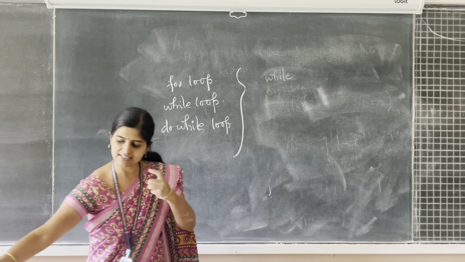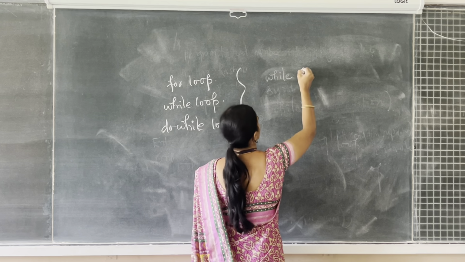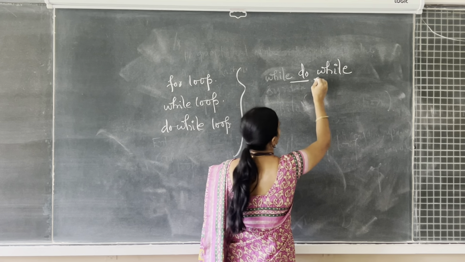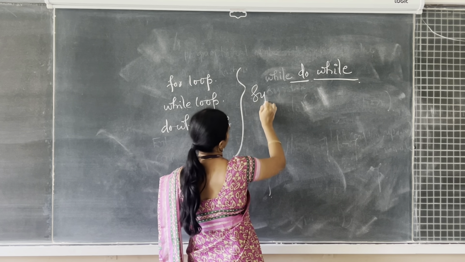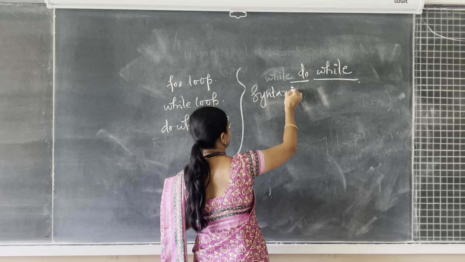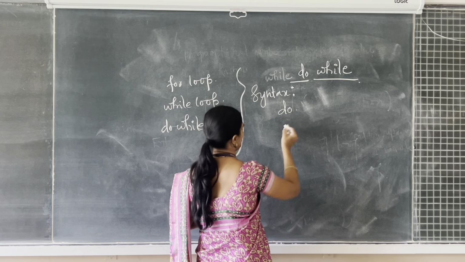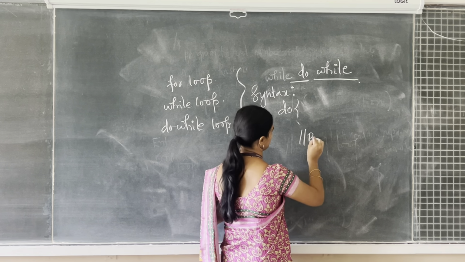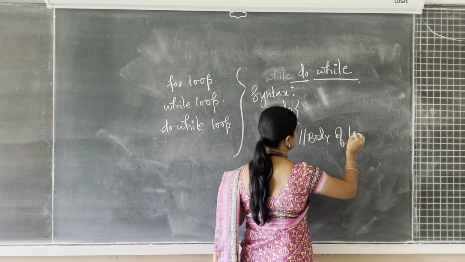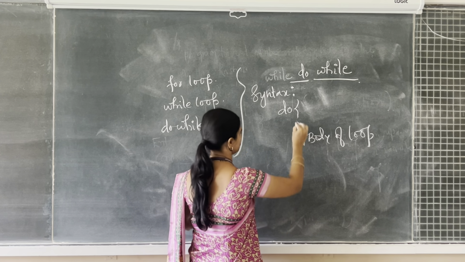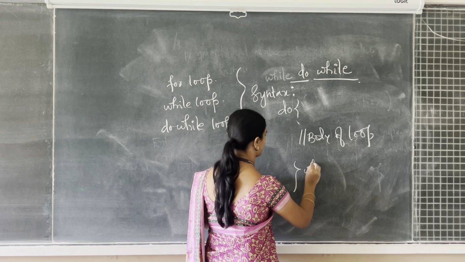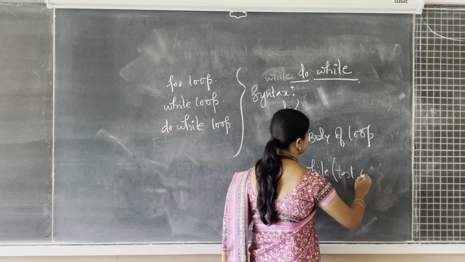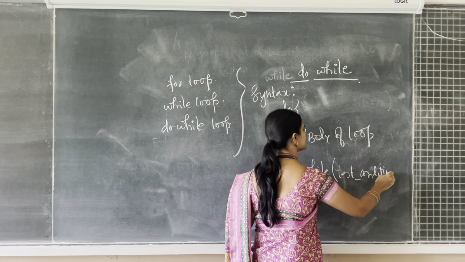So what is the generic syntax for do while loop? So the next thing is do while, written in lowercase. Do is also a keyword, while is also a keyword. The syntax goes something like this. This is a little bit of an exception. First you should be writing do, open the curly brace over here, then write the body of the loop. Then complete this. It should be in line with this. In front of this write the while keyword, then open the parenthesis, then write the test condition, complete the parenthesis, then